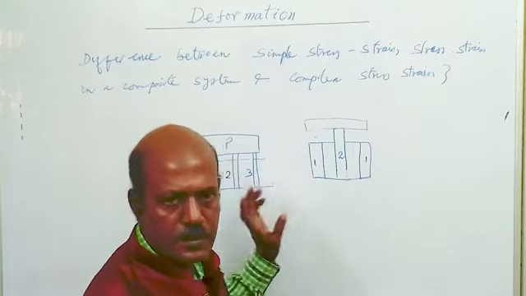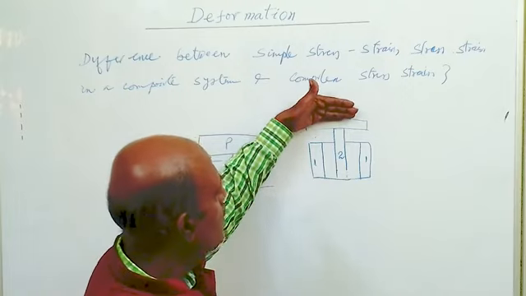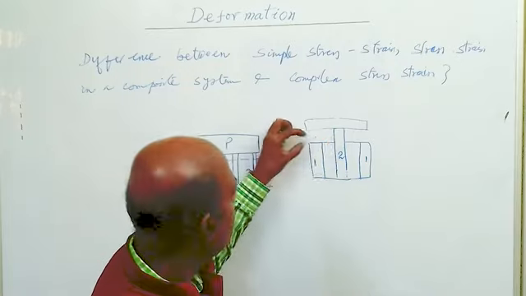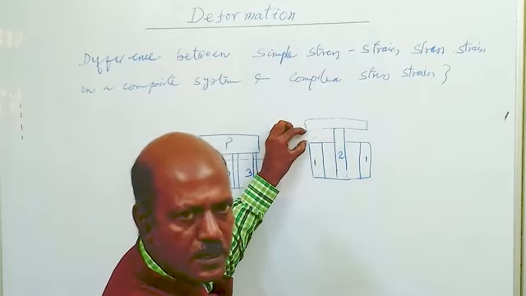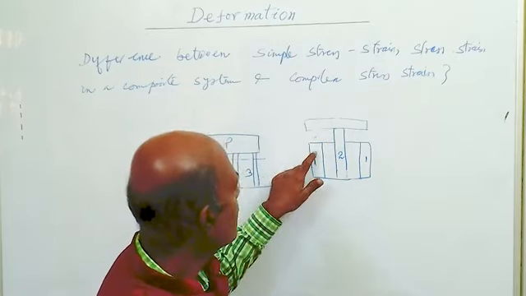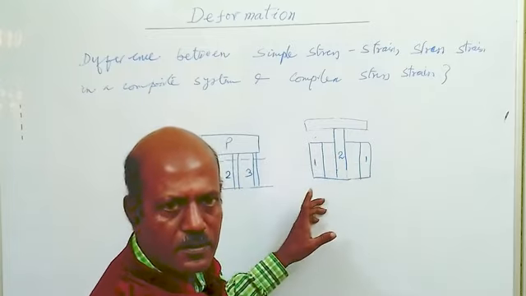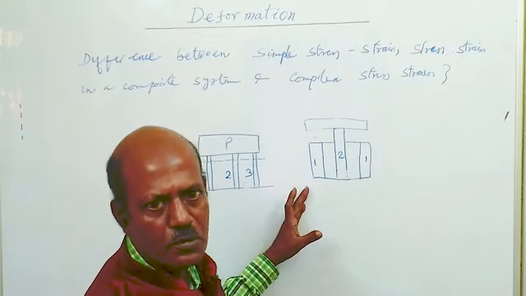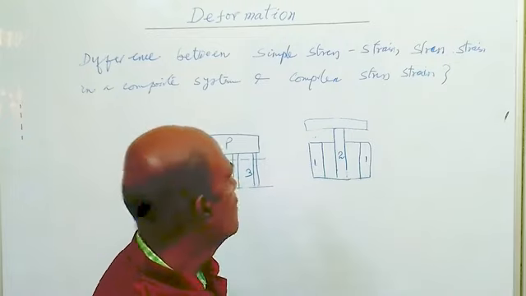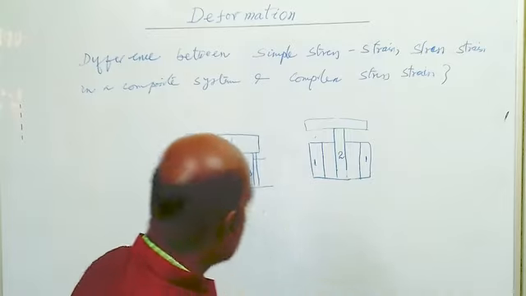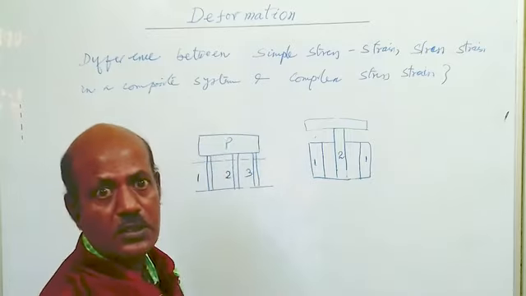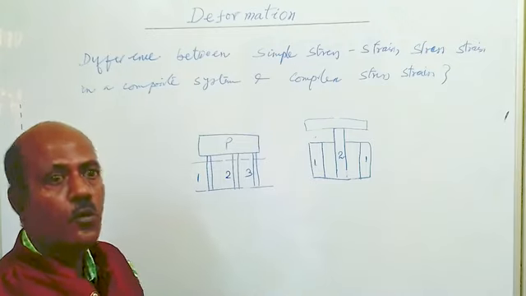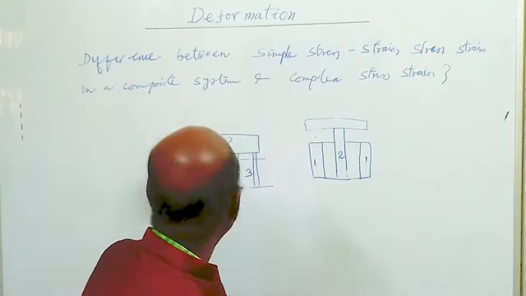But in this case, the load is shared by the second member only until this deformation takes place. After that, the load is shared by the first member and the second member. So the load is shared by both members, and the strain produced will be different in this case. These cases will be discussed in the composite system. So the main idea is that if the load is taken by more than one member, then that is a composite system.